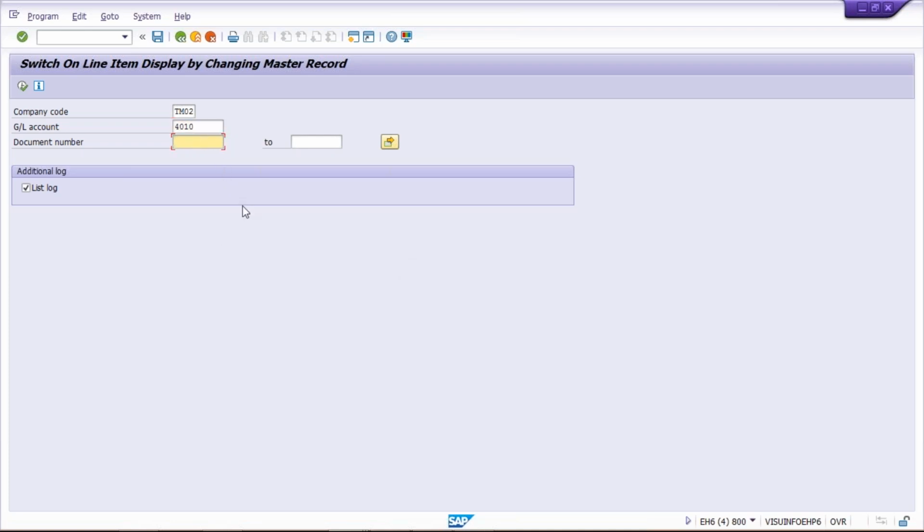Even if you don't give the document number, guys, it is going to work out. If you execute, it is going to work out. But if you want to go for more accuracy, then you have to give the document number. Let's suppose the problem is how many documents we have posted. We might have posted 50, 60, 70, 80 documents, 10 documents, 15 documents, right? In this sense, these many transactions are posted. So how to get the document number? That is also